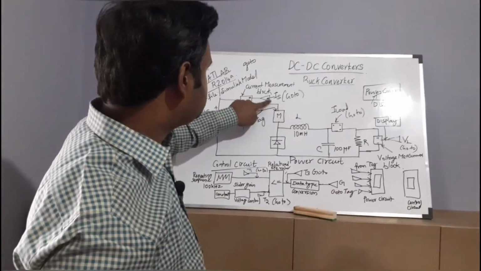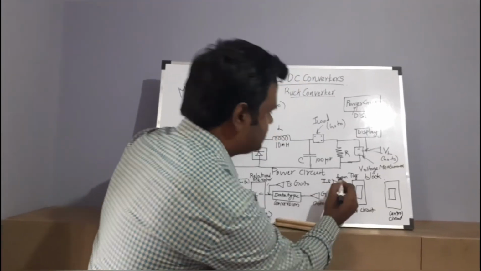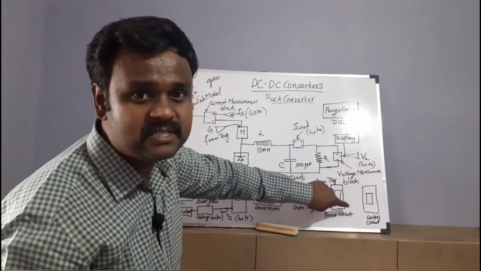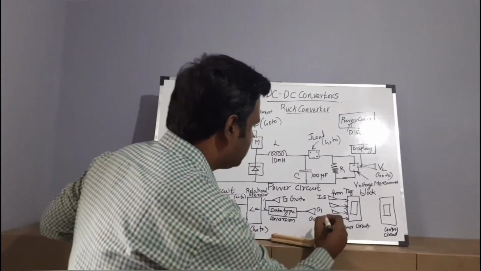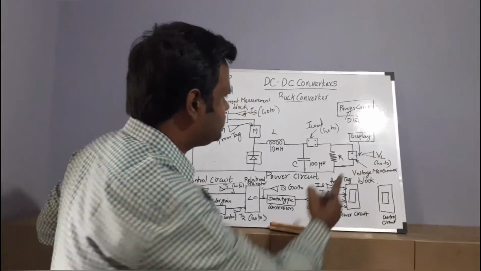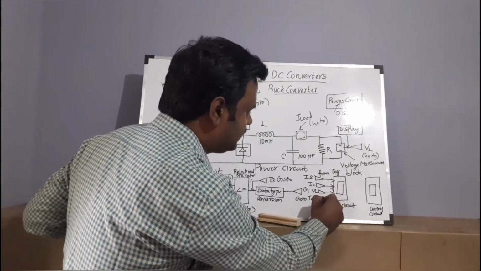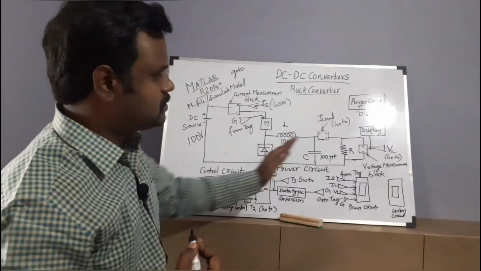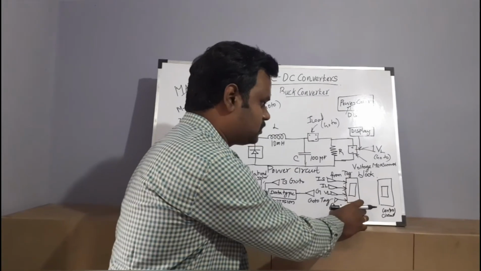For example, this is your first Goto tag, it is represented as IS, so I have to put IS here. This particular output will be received through this From tag and it will be seen through the scope, right? Next to that is IL, so this is the IL From tag, right? And the next one is VL, and again if you need the gate, you can see that gate too. So these are all From tags. This is the part of the power circuit.